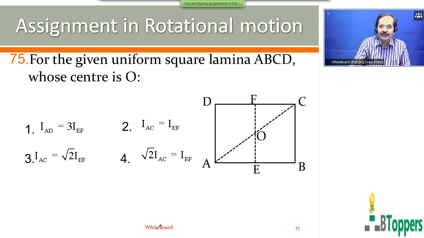So already I have discussed some questions based on the same conclusion. I have discussed one special case immediately after perpendicular axis theorem, and already I have discussed 2 questions based on the same discussion. The conclusion which I have already discussed twice is that moment of inertia of uniform square lamina or square plate about any axis which lies in the plane of the square plate and passing through the center of square plate will be the same, and which will be equal to half of the moment of inertia about central axis of symmetry.